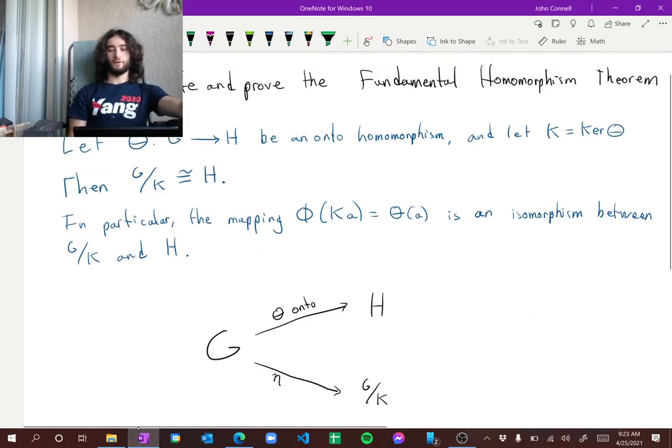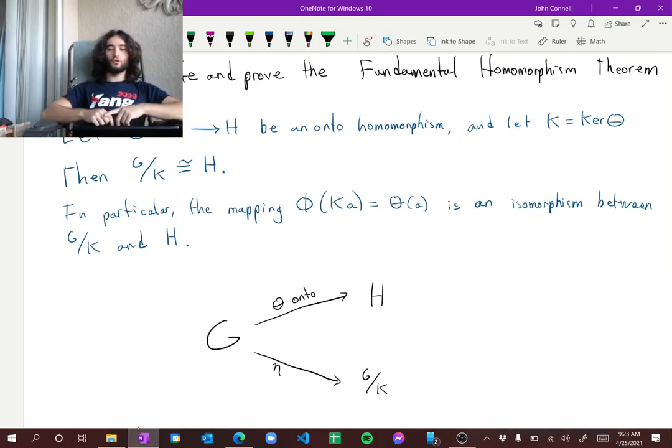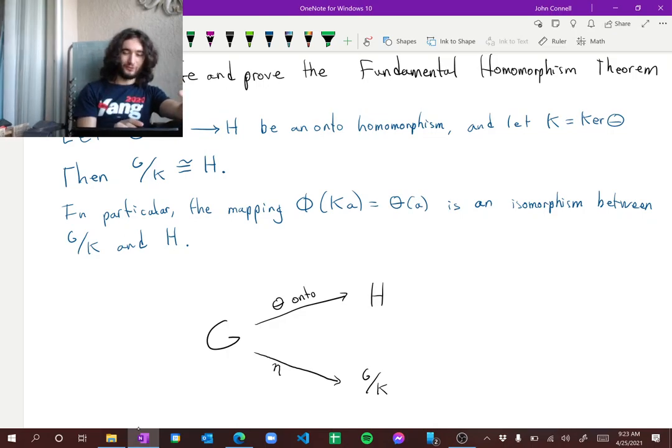Good morning, and today we are talking about number 3. So number 3 was state and prove the fundamental homomorphism theorem, which is a theorem about homomorphisms and isomorphisms, really. So it goes something like this. There's a lot of different ways to say it, but this here anyway is sort of the most concise version